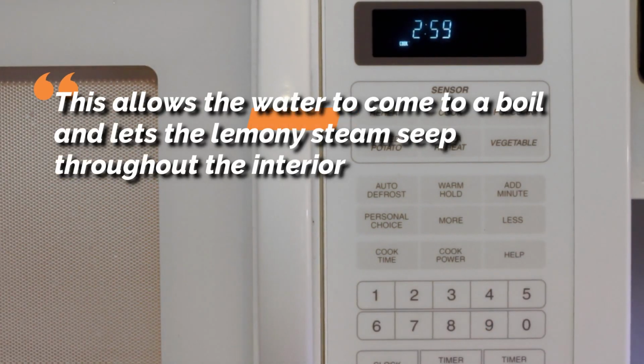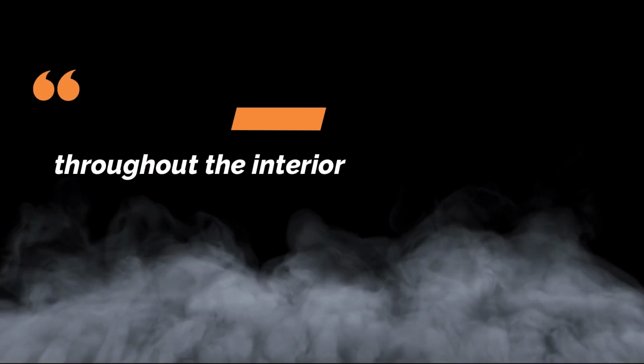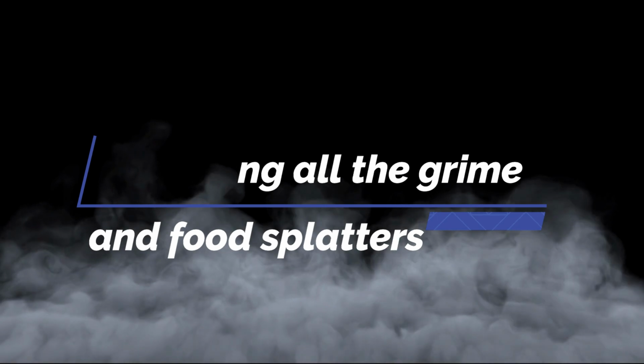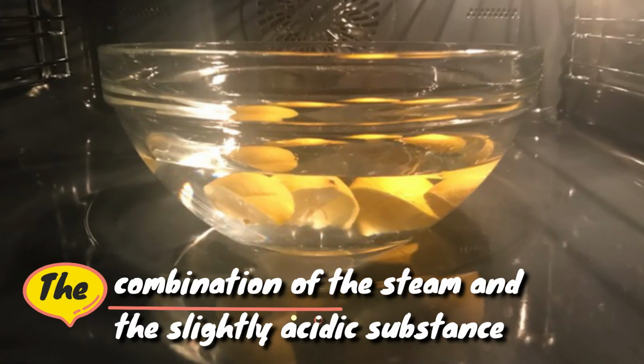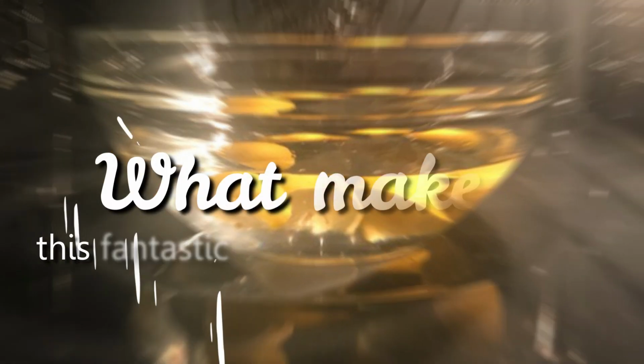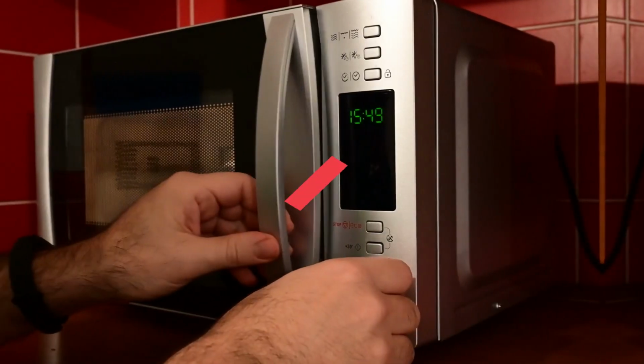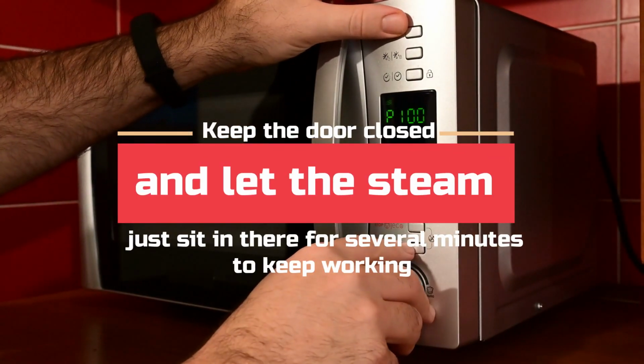This allows the water to come to a boil and lets the lemony steam seep through the interior, loosening all the grime and food splatters. The combination of the steam and the slightly acidic substance, be it lemon juice or vinegar, is what makes this fantastic cleaning method work. Keep the door closed and let the steam just sit there for several minutes to keep